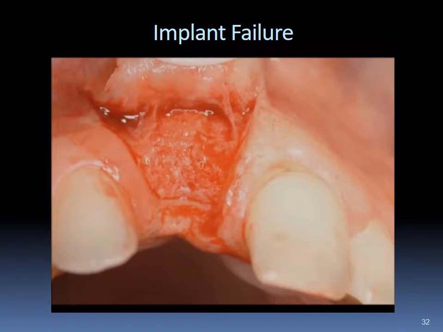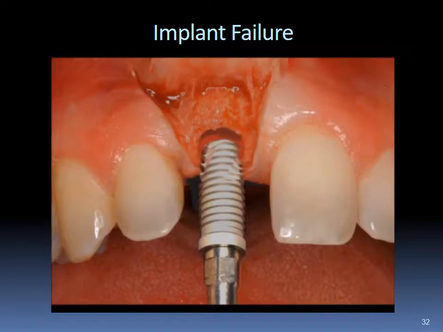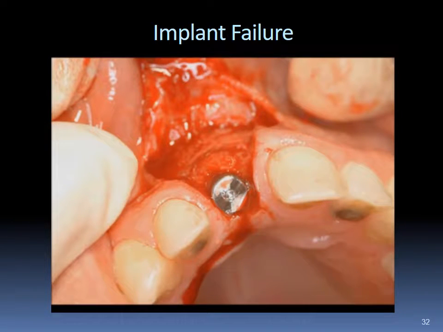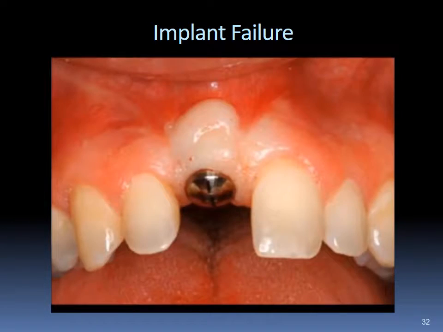At 4 months, the surgical site was re-entered, and the grafted bone was evaluated for quantity and quality. An osteotomy site was prepared with drills and osteotomes, and the implant was placed. A surgical cover cap was placed, and the flap was closed primarily. After an additional 4 months of bone maturation and implant integration, the cover cap was then replaced with a wider